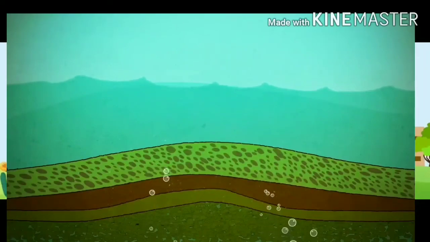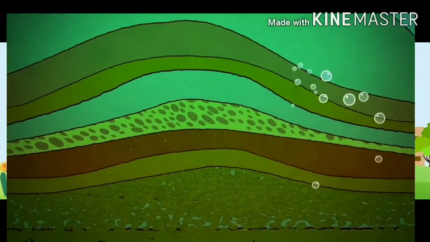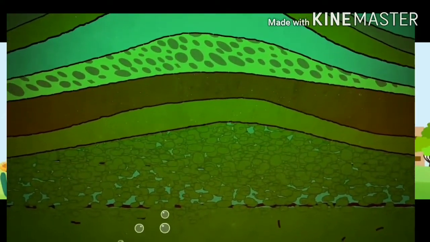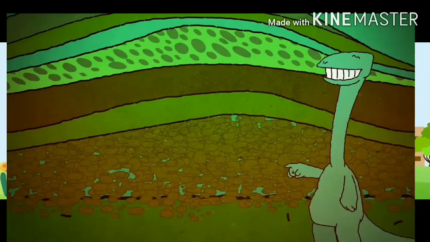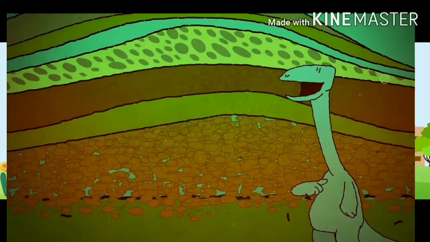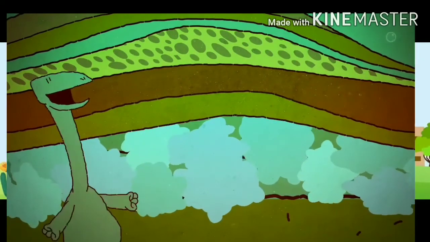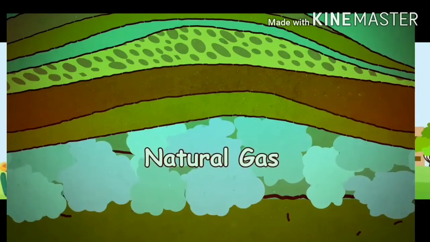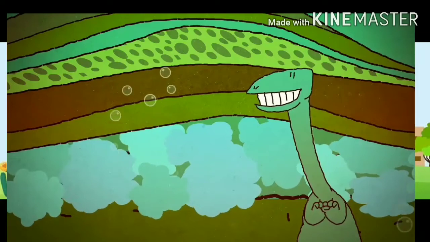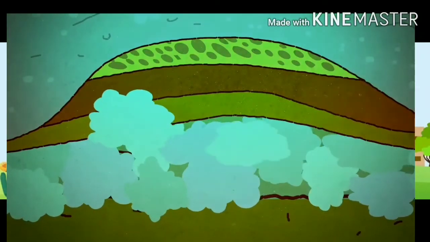As the years passed, it was covered by additional layers. The weight of these layers and the proximity to the center of the earth pressurized and heated this material, transforming it into kerogen. Additional heat and pressure break down the kerogen, producing natural gas. And this is how natural gas is created. But something else is also needed in order to create a reserve of natural gas, a layer of rock that traps the gas below it.